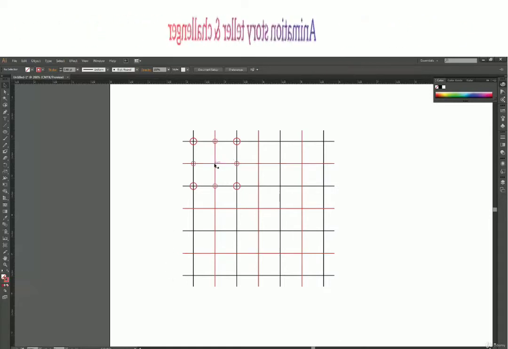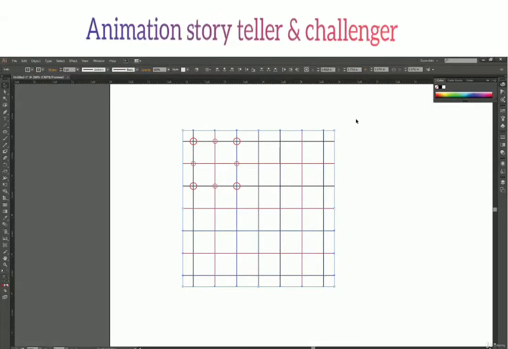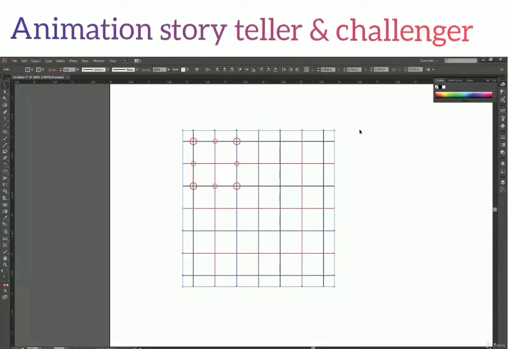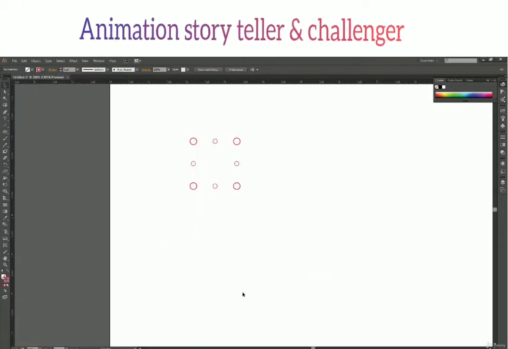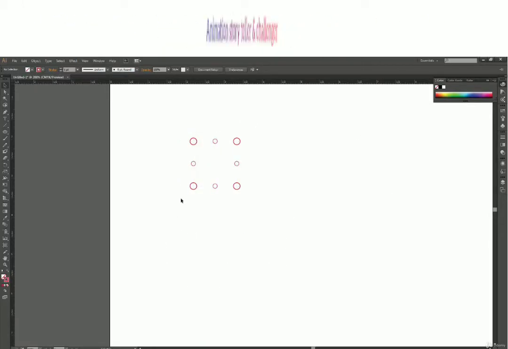There will be no dot in the center. So when you switch from lines to dots in the grid, you might find it difficult to see what is actually going on. If I delete all this stuff, then this is how your grid will actually look.